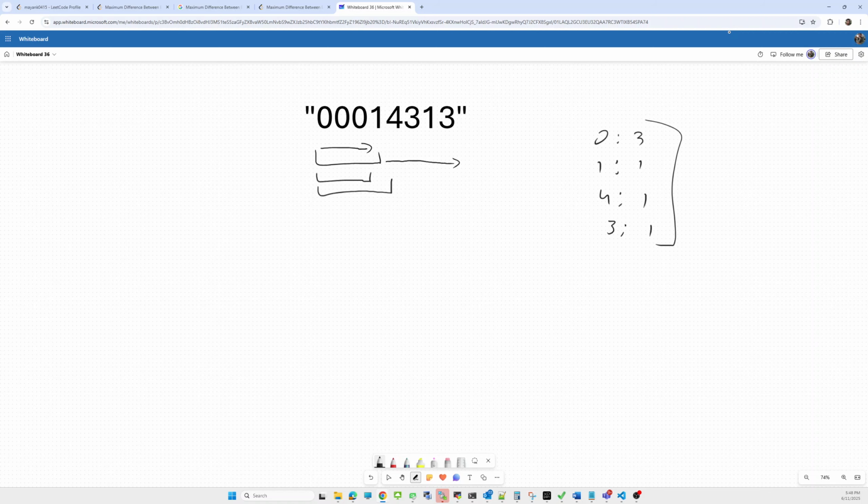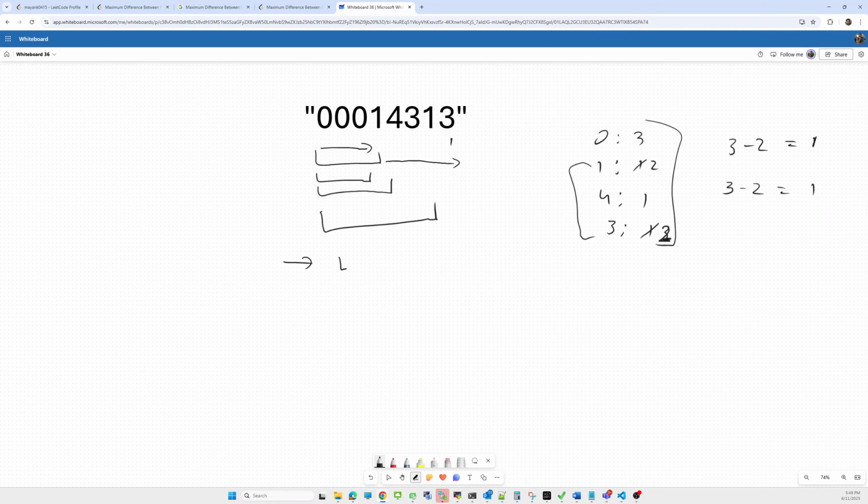Sorry, instead of 3, it will be 2. So here again we calculate the odd frequency, which will be 3, and the minimum even frequency of this 2 and 2, any of them I will take will be 2, so I will update my result as 1. Now after that I have to start squeezing from the left side.